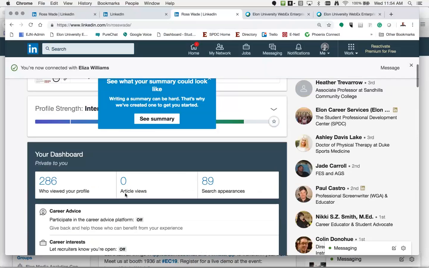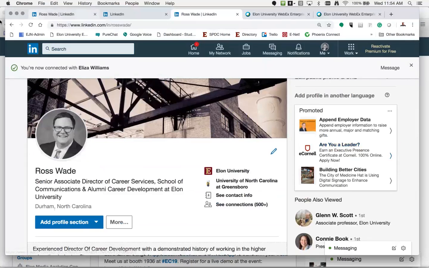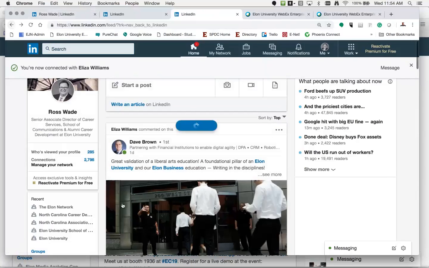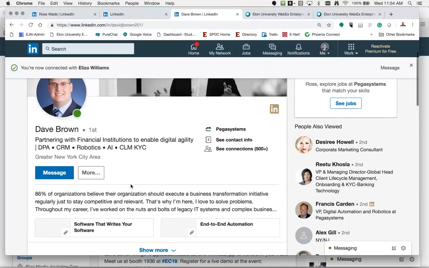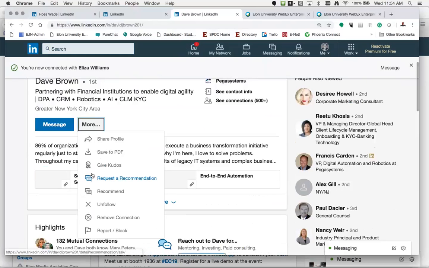So if we scroll all the way up, and say that I want to write a recommendation for someone, let me show you how to do that. So if I go to Dave Brown, and we'll see I can message him, again, because he's a first degree, so I can message him through the system, but I want to go more, and then I could recommend.